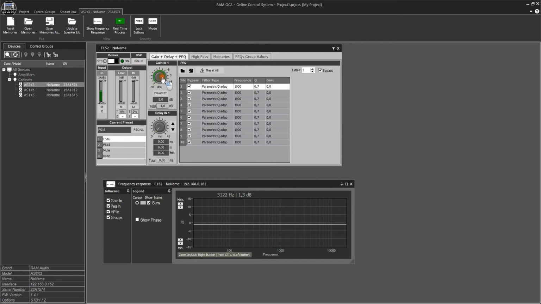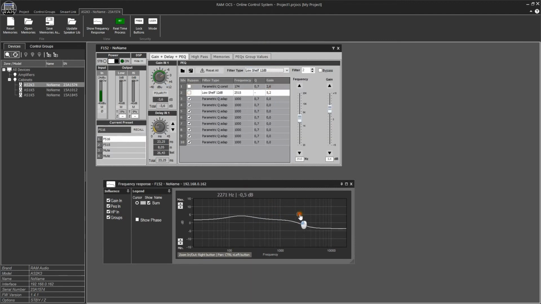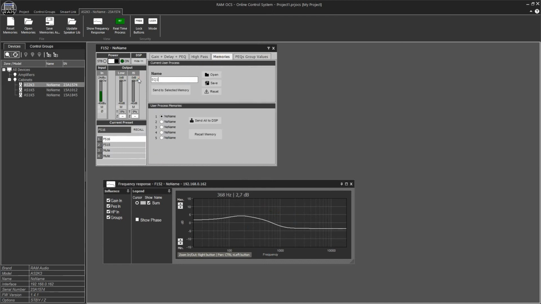They can also change the input gain, polarity, delay, or add any filter from the list. Once the user has made a configuration for the input section, they have the option to save it in a memory using the Memories tab. They need to add a name and select a memory number and press the button Send to selected memory. The user can, at any time, recall this memory using the Recall Memory button, or if the manufacturer has allowed, by double-clicking on the Module button. The module LEDs will show the input memory selected by blinking.